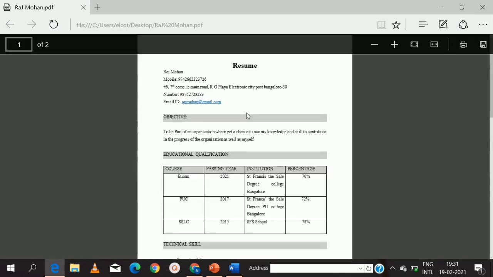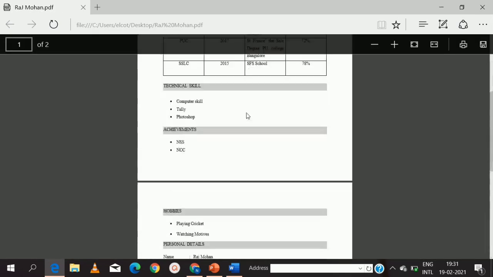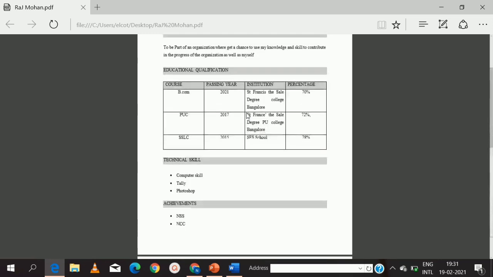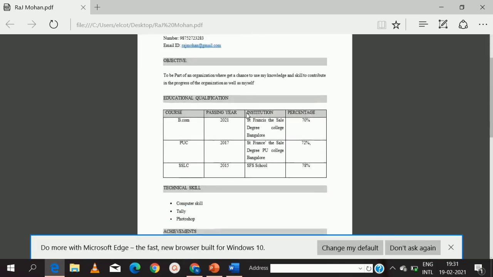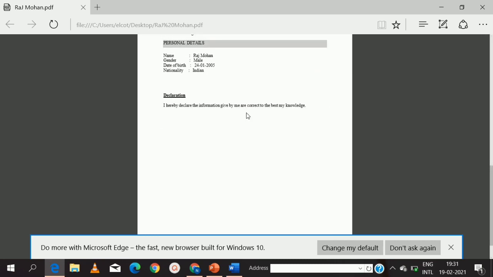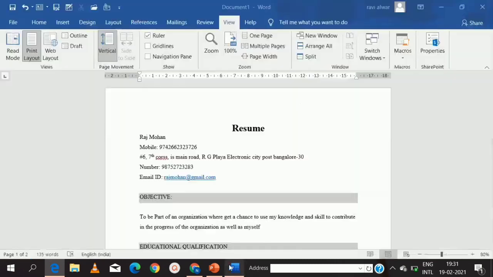See, your resume will be opened in PDF format. Now can you see? This is how your resume looks like. For example, if you want to add your picture to your resume, where will you add it? Here, if you add, your entire format of the document will change.